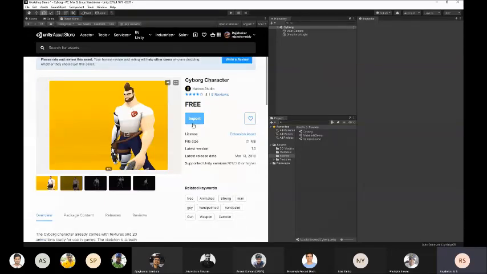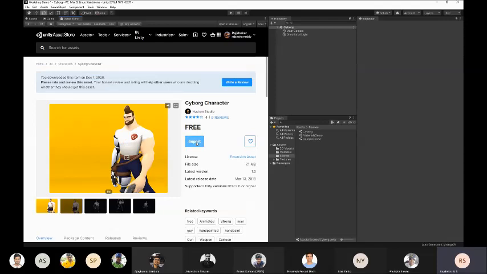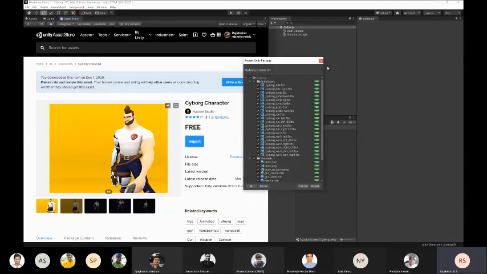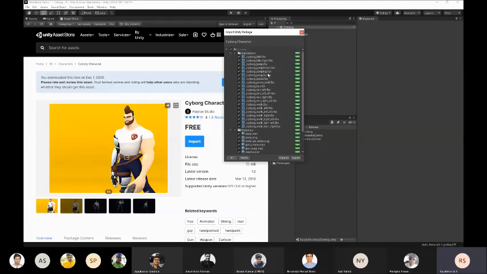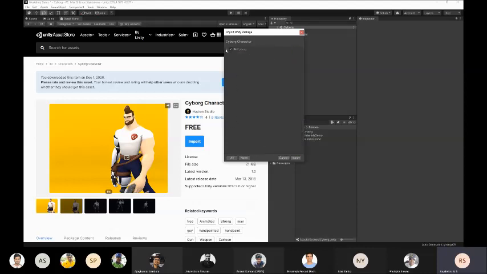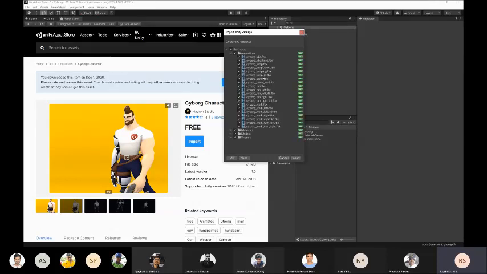So here for you, it will say download. For me, it's already downloaded, so it says import. So for you, after downloading, it will say import, and so I go ahead and click on import. It shows you what it's going to import inside your project. So if you quickly open it, it has a lot of built-in animations. So that's why we're using this model. Like idle, jump, run, walk left, walk right.